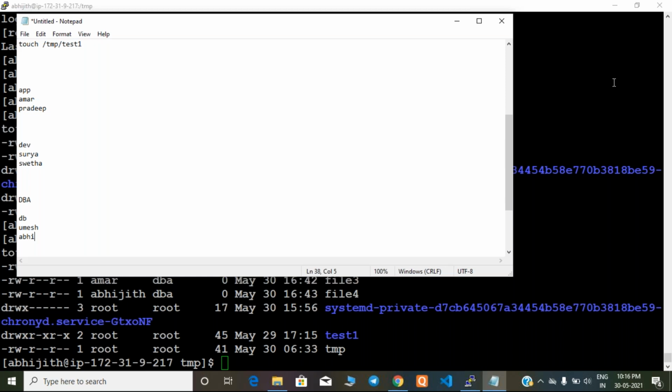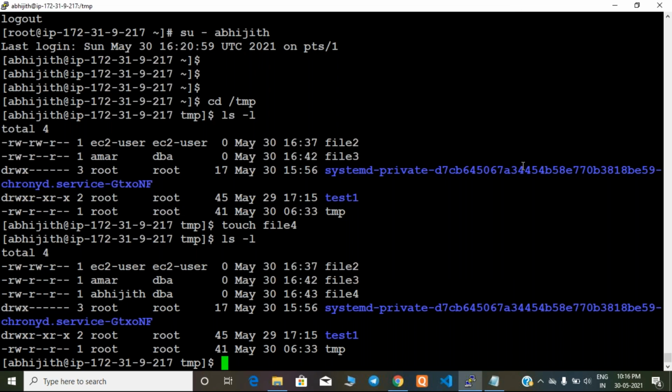Quick question. Yes. So you said that DBA will be the owner. If in case I want to remove Abhijit from the group, does DBA have the access to delete it as well? That is secondary again. Maybe for example, I want to give Abhijit back to normal. Okay, let me do that.